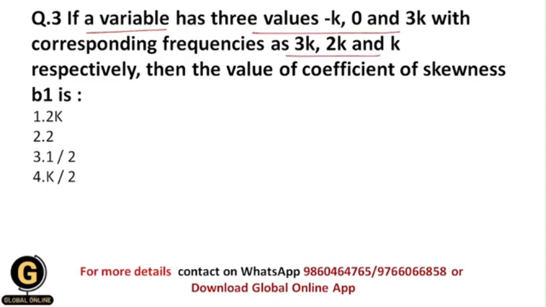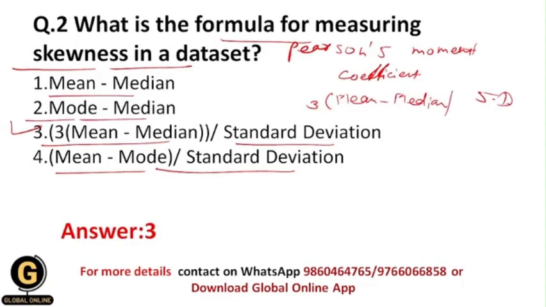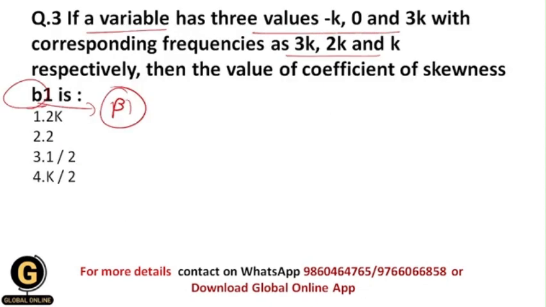Okay, now third is, if a variable has 3 values minus k, 0 and 3k with corresponding frequencies as 3k, 2k and k respectively, then the value of coefficient of skewness b1 or beta 1 is what? Here they have asked you to calculate the value of coefficient of skewness beta 1. I mean to say, they have asked you to calculate this value, Pearson's moment coefficient, which is actually